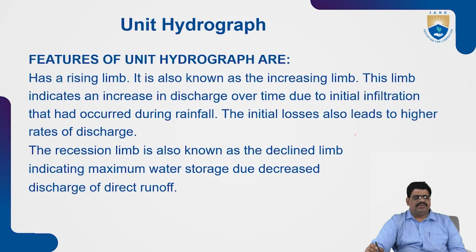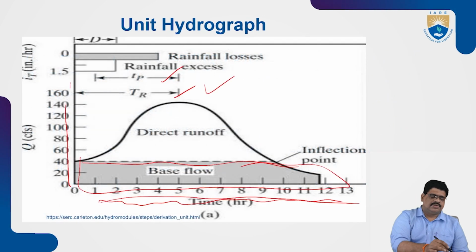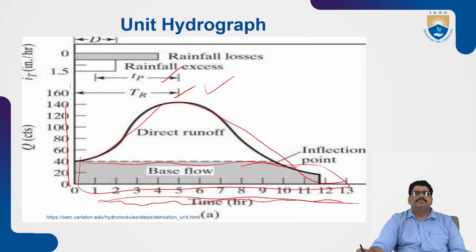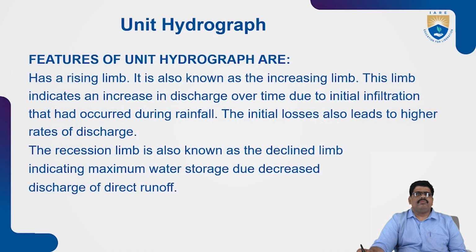Next, what are the features of the unit hydrograph? In the features of the unit hydrograph, let us see, there is the rising limb, as I told. This is called the rising limb. It is also known as the increasing limb, whatever it can be called. Next, this limb will be the